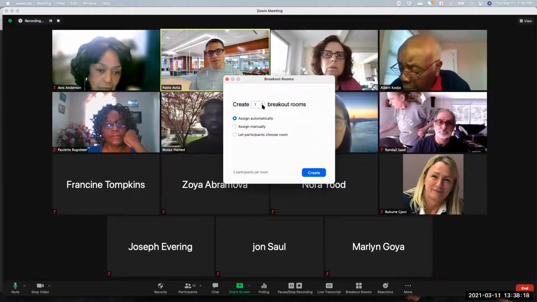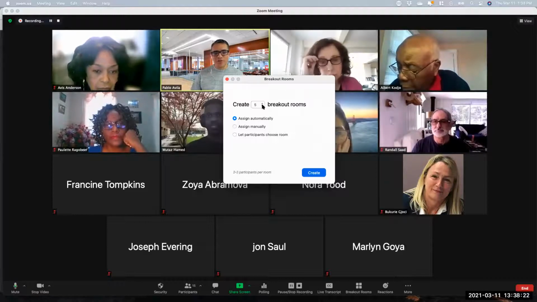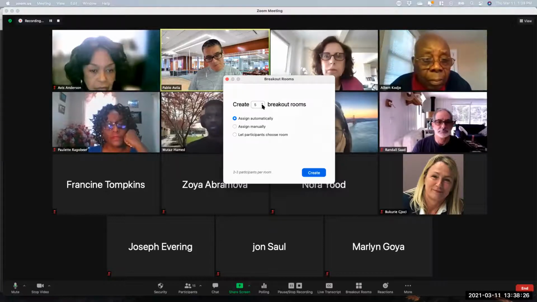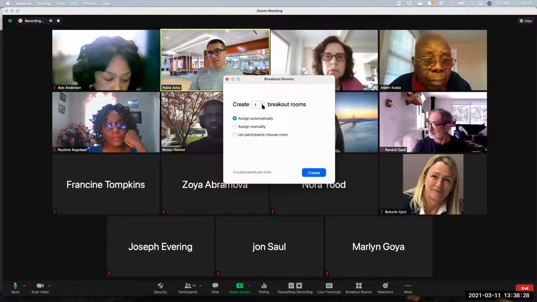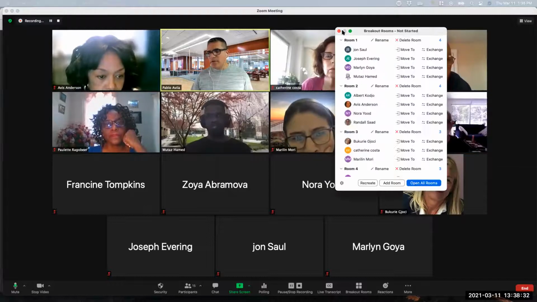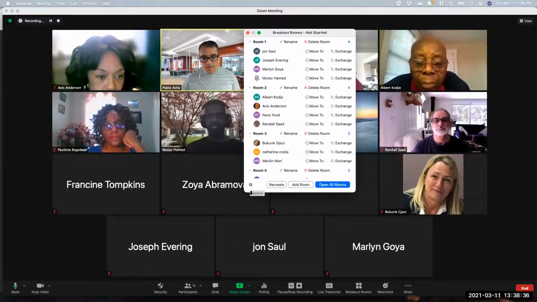Like I said a moment ago, you can have up to 49 breakout rooms. So there's no need to limit yourself. You can have as many breakout rooms as you want, up to 49. Okay. For the purposes of this, I'm going to choose 4 rooms, and I'm going to go ahead and click on create. Nothing happened for you, the participants, but in my case, for the host, this is what I now